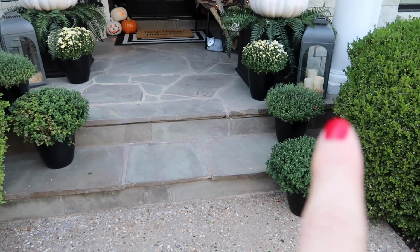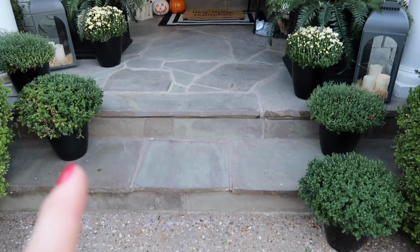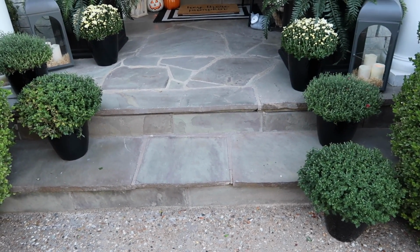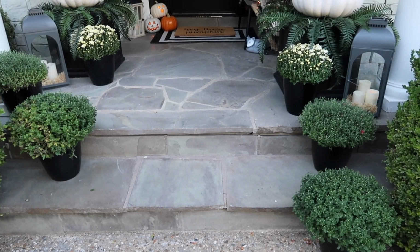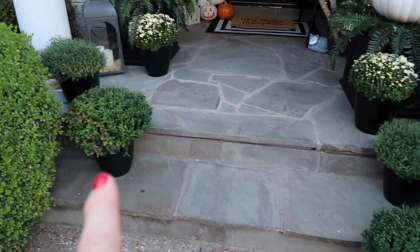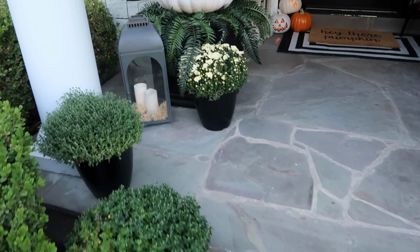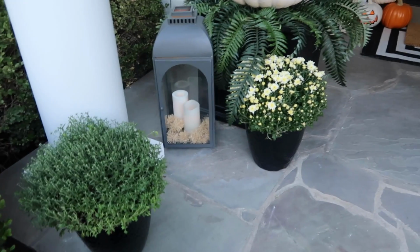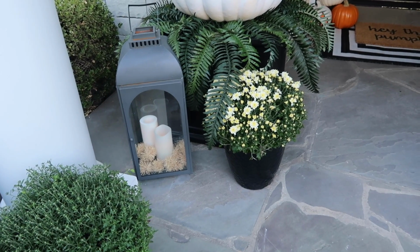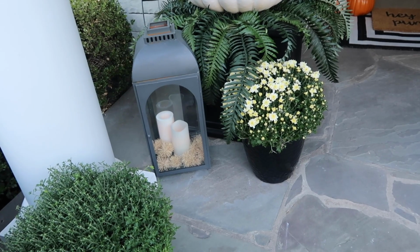Down below here I have some mums. The four of them here are not quite yet blooming, which is okay because that just means they're gonna last a little bit longer. I've got white, red, and white, and then over here I've got white, red, and white. And then right up here I have this little lantern that I found at Target on clearance when they were getting rid of all of the